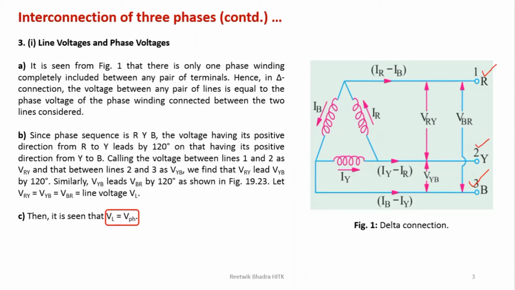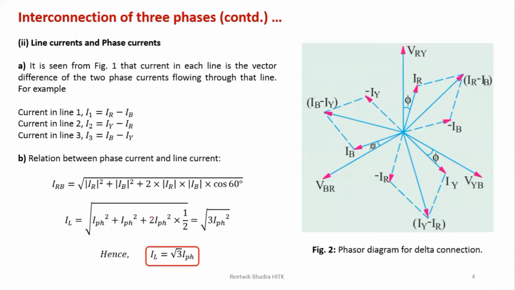So you have line voltages, but no neutral point is there. If there is a neutral point, then only we can measure your phase voltage. So that's why, since there is no neutral point, we cannot segregate your line voltage and phase voltage. That's why both are taken to be equal. So VL is equal to VPH in this case. Just the opposite over there. There was IL equal to IPH in case of star. In case of delta, line voltage is equal to phase voltage, VL equal to VPH. And over there, what we found out, VL equal to root 3 VPH. Over here, we'll find out that IL equal to root 3 IPH. Everything is the same, just opposite to one another.